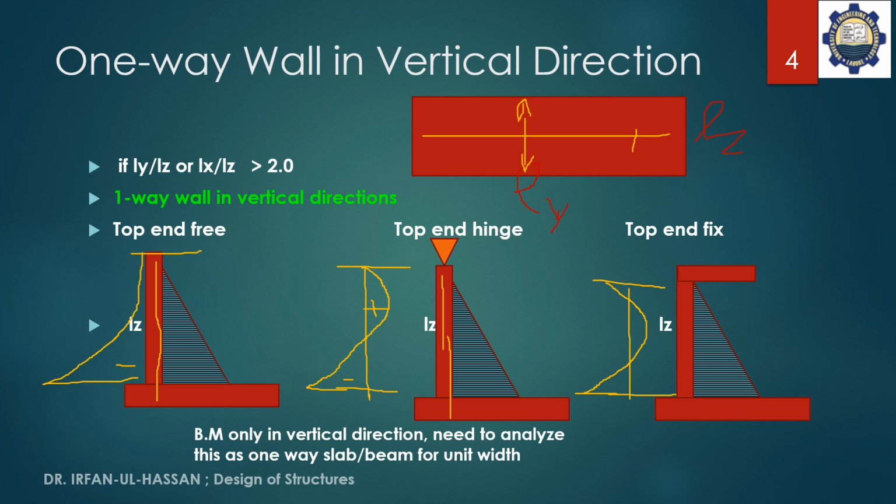So negative moment gives the reinforcement on the water side and positive gives it on the outer side. Again, the negative gives the steel on the water side. So if loading from the outside is also present due to the soil, then the soil will act as a load from the outside, and the moment diagram will be opposite to that. This moment diagram will be opposite, but the values of course will be different,